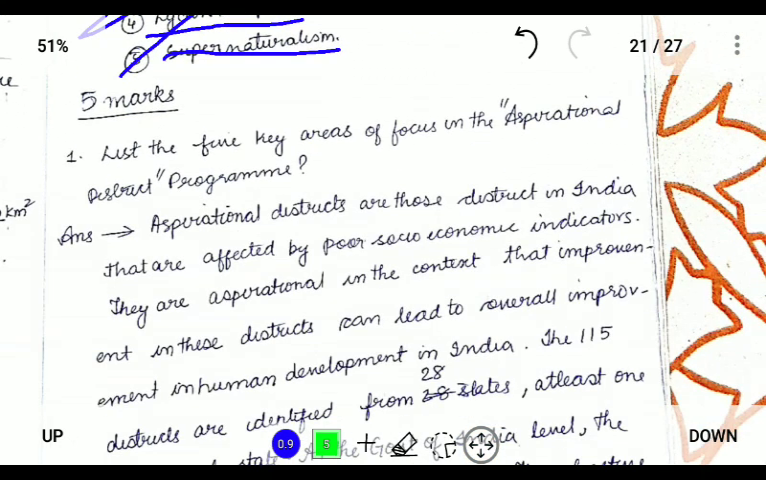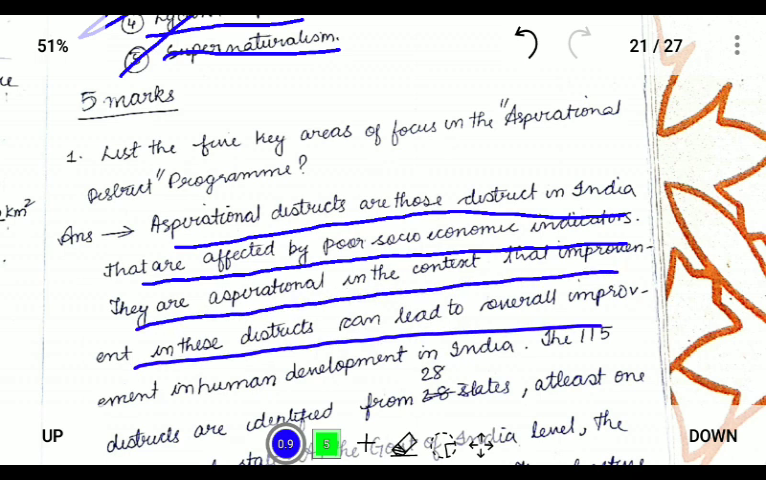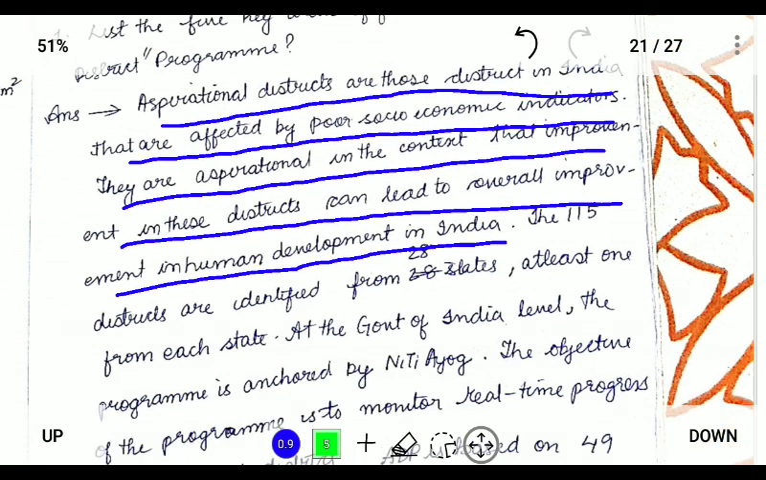Next, list five key areas of focus in the aspirational district program. So it is 5 marks, they are telling us to explain the aspirational district program. We know that in Nagaland the aspirational district is only Kiphire district. So first, write a brief about what aspirational districts are. Aspirational districts are those districts in India that are affected by poor socioeconomic indicators, that is low levels of economic development, and they are aspirational in the context that improvement in these districts can lead to overall improvement in human development in India. So they are targeting one of the most backward places among the districts in India,